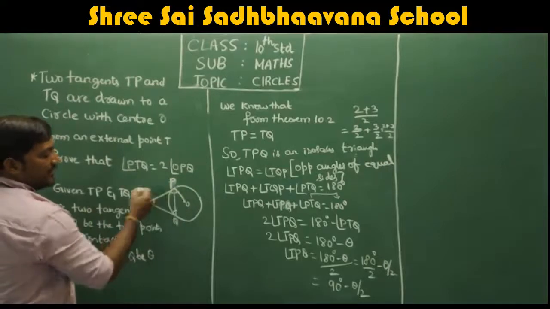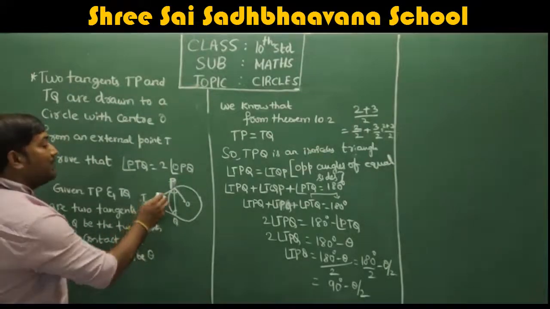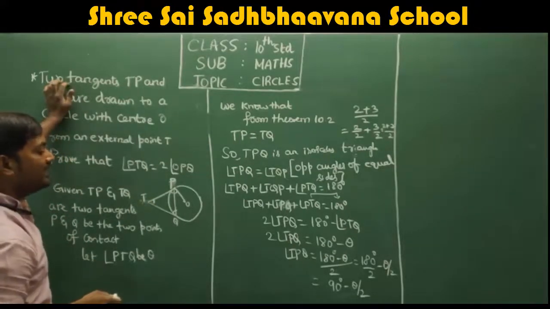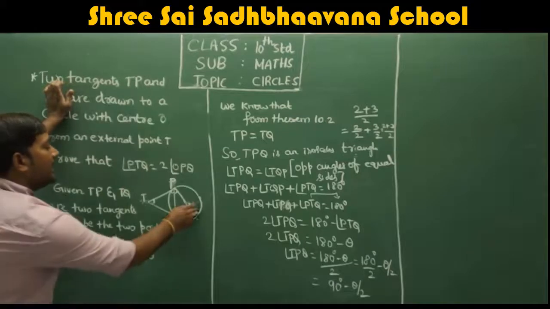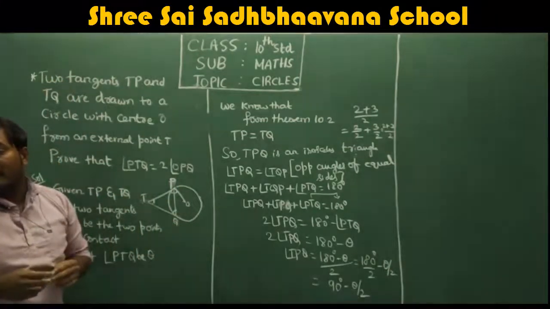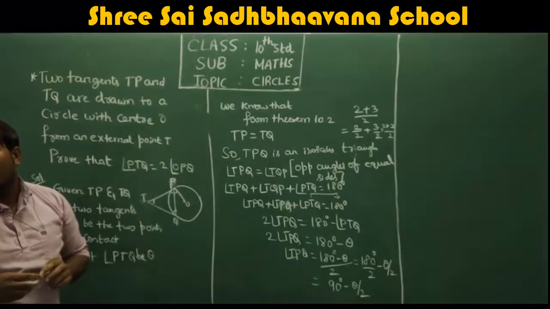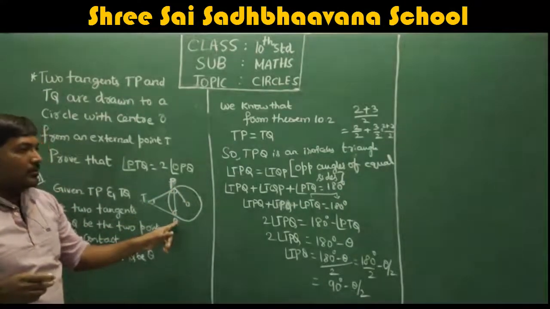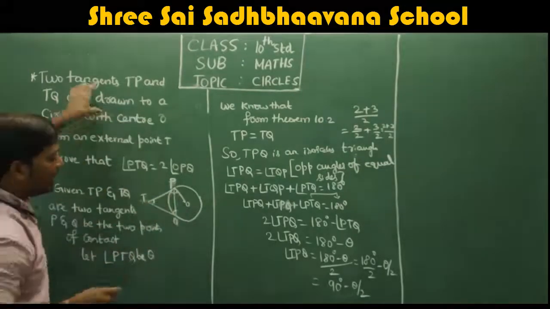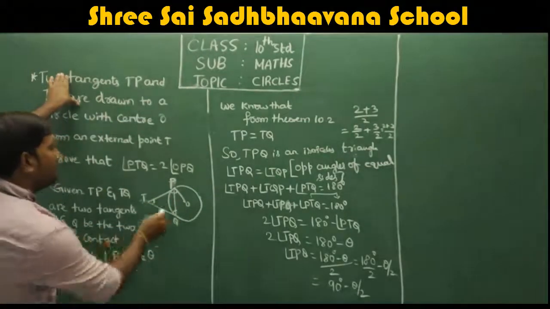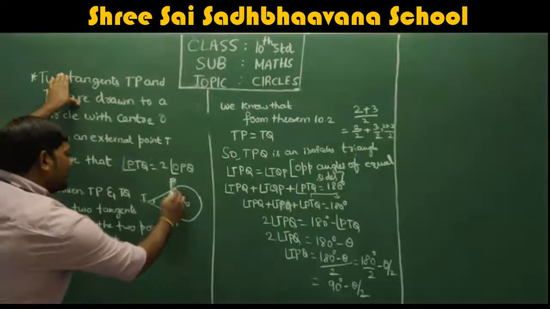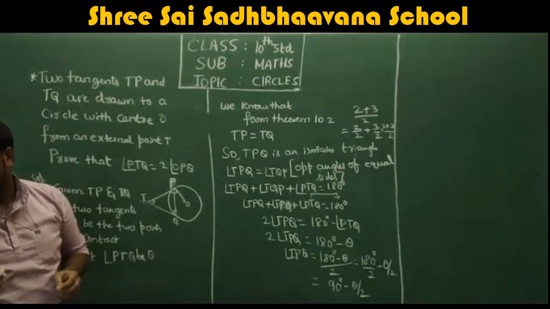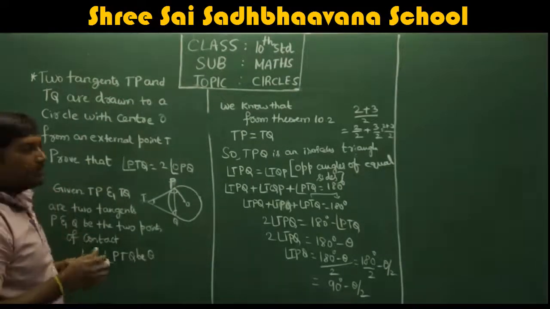OPQ is this angle, and PTQ is this. Fine. So now what is the angle OPT? Okay, so angle OPT we have, correct? So we can write, or we can also write OPQ. Let me write this OPQ as this angle you get when you subtract from the whole OPT. OPT means, remember, this full angle. So I can easily write OPQ as OPT minus